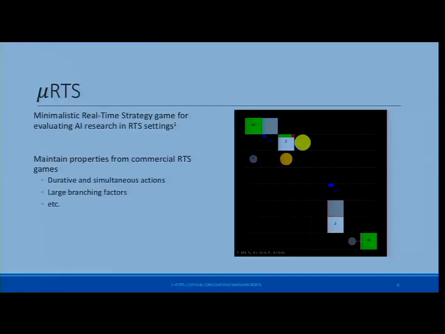So a little bit of background. All the experiments that we did in this paper were in the context of real-time strategy games, and we used the micro-RTS game, which is a minimalistic real-time strategy game implementation. It is built in Java. It's actually very easy to interface with,